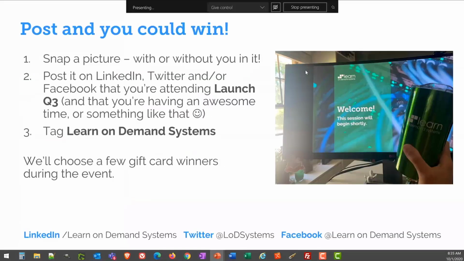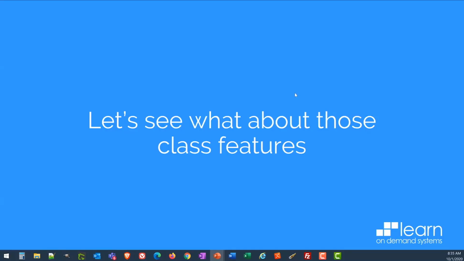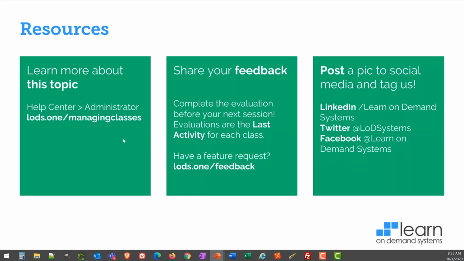So let me get through to the end of our stuff. And we do have more resources on that topic and managing classes. If you go to the Help link on any page in the TMS, you can go to the administrator tab and find the classes category and go in there. Or you can get there directly from